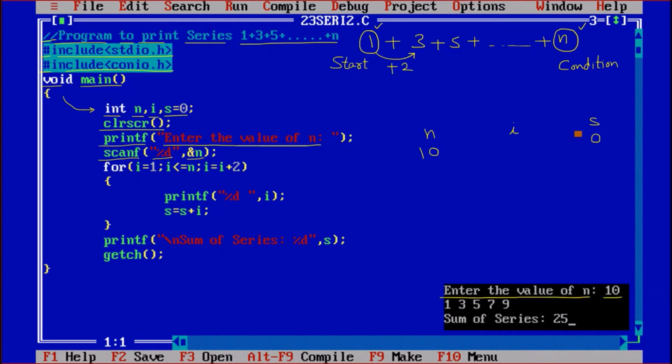So from 1 to 3 it is going with the increment of 2. Now we are running with the for loop. We must know one important thing, that i++ or i = i + 1, both are the same thing. So for running the loop here we will say i = i + 2 in this case.